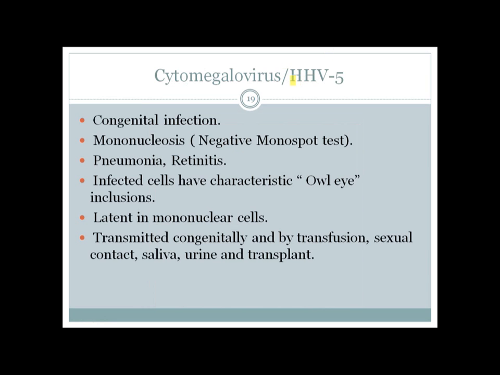And the fifth type of the herpes virus is Cytomegalovirus. So Cytomegalovirus is very important to remember, especially for congenital infection. So the baby can get it from the mother, and it can also cause a mononucleosis. But the difference between mononucleosis caused by Epstein-Barr virus and Cytomegalovirus is that Cytomegalovirus will have a negative monospot